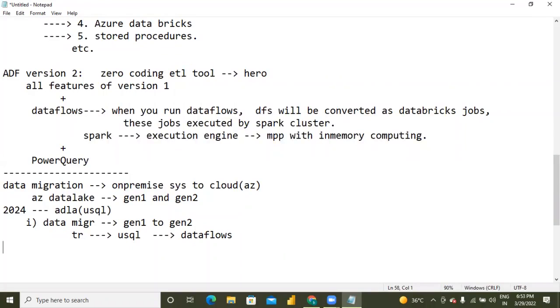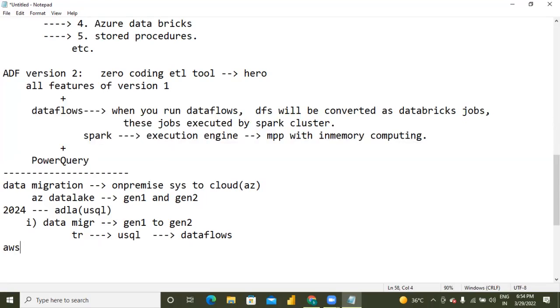Okay. Suppose your client wants to come to ADF, that means into the Azure cloud for the first time, but previously he was using AWS. 4 years back your client migrated to the cloud, but not into Azure, but into AWS or Google or some other cloud. Now he decided AWS is killing him by charging more, and he wants to move to the Azure platform.